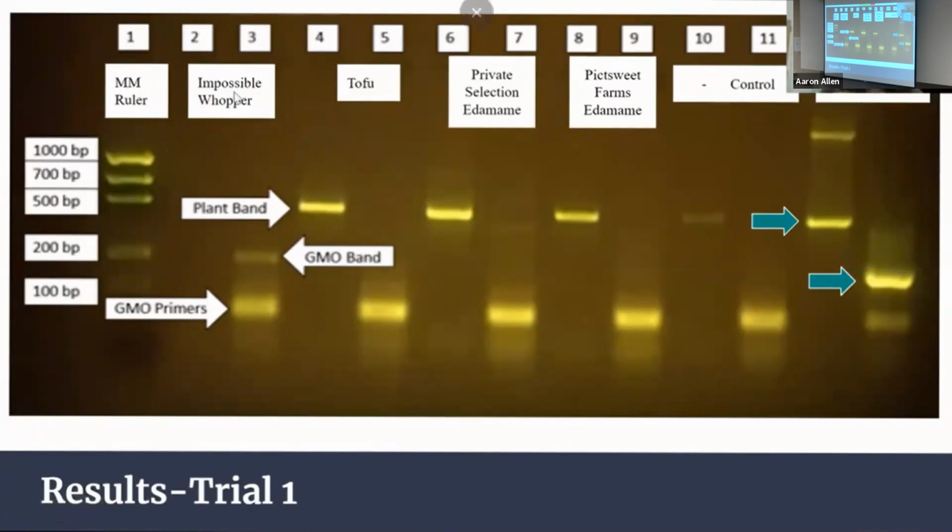So this is the positive control down here. I think my face is hiding it, but it's the positive control. This is the plant band. If there's a band found here, we know for a fact that plant proteins were used and that there's plant